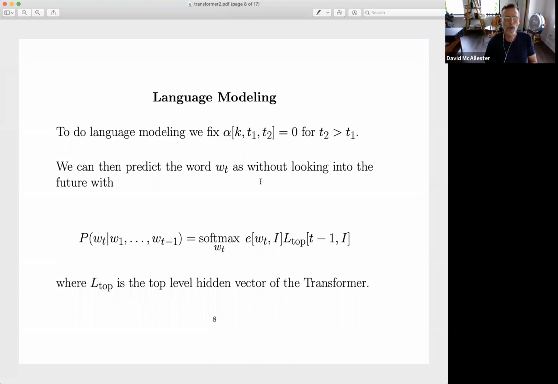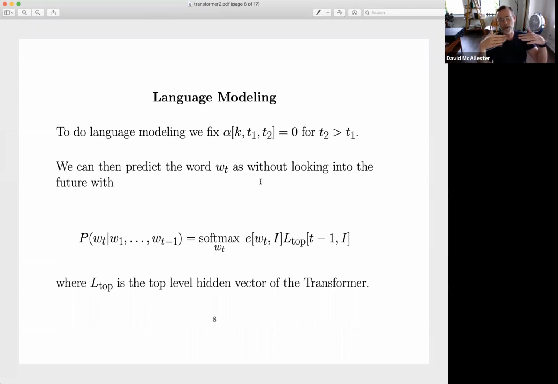Language modeling. Okay, so all I've described so far is a way of taking sequences of vectors and computing new sequences of vectors by stacking these transformer layers. How do we do language modeling? So what is language modeling? Language modeling means you take a sequence of words and you compute a probability distribution over the next word. In an autoregressive language model, you're always computing the probability distribution over the next word one at a time. And